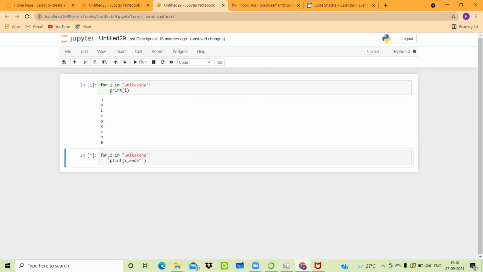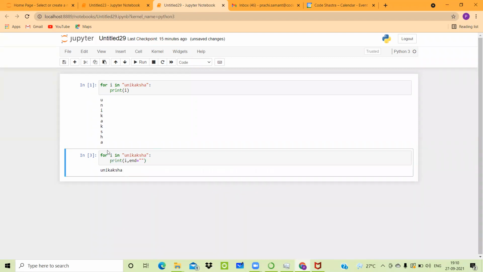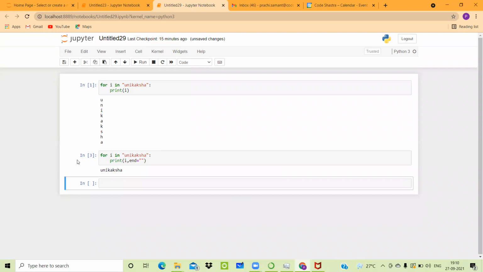If you write like this and execute your statement, just a second, mistake in spelling. Yeah, then you will find that it shows the answer like a name itself or a variable itself. So instead of showing it on a different line, if you simply write end is equal to this double quote, then it is going to simply patch all your letters together, and this is the kind of output it generates. Okay, so why was it necessary? Because the question that we are going to understand later has to do something with this knowledge.